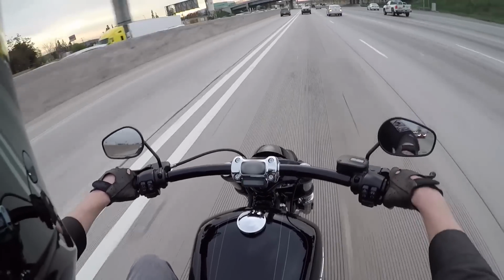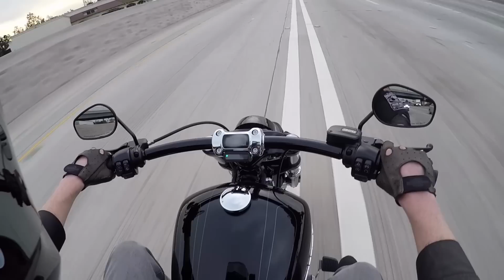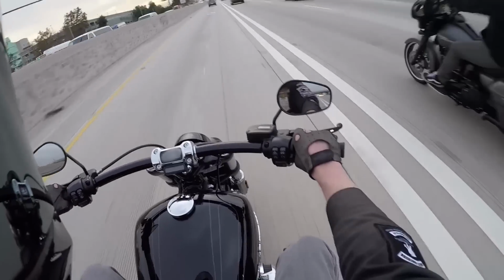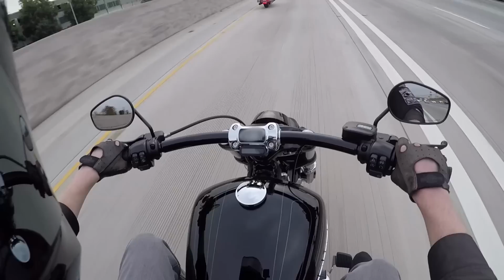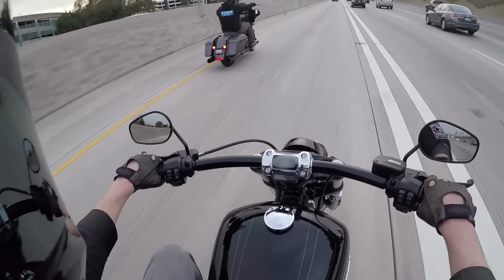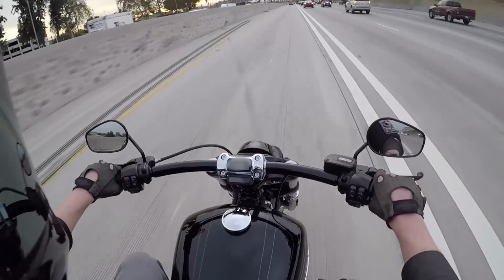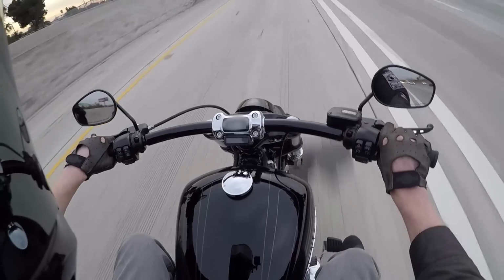So any parts that you put on that bike during that 60-day period, which is called custom coverage, by the way, any of those parts installed in those first 60 days of ownership under custom coverage will now be 100% warranted under the full duration of any warranty you purchase on your bike. So what the smart guys do that are going to own their bike for more than 2 years, and even if they don't know how long they're going to own it,